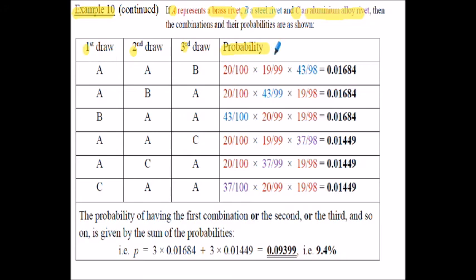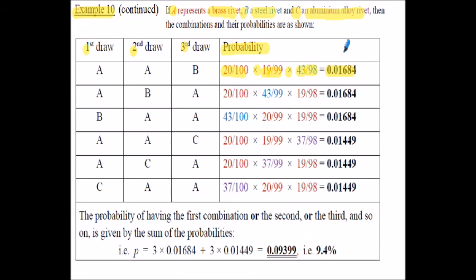So looking at row 1 here, we're drawing a brass rivet first of all, so that's probability of 20 upon 100 for the first draw. We multiply that by drawing another brass rivet, which is 19 upon 99 now, because don't forget there's no replacement here, so the size of the batch has gone down by 1. And then we multiply that by a steel rivet, and there's 43 of them, and that'll be upon 98 rivets. That gives us the probability of